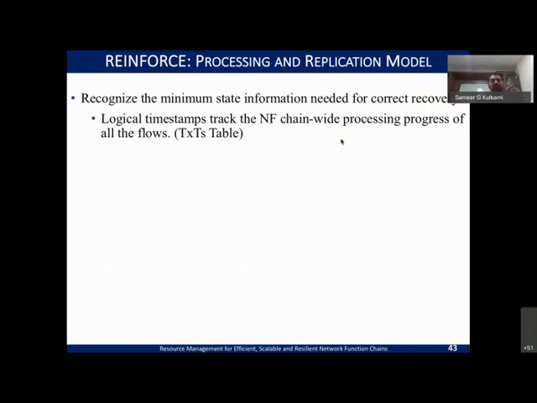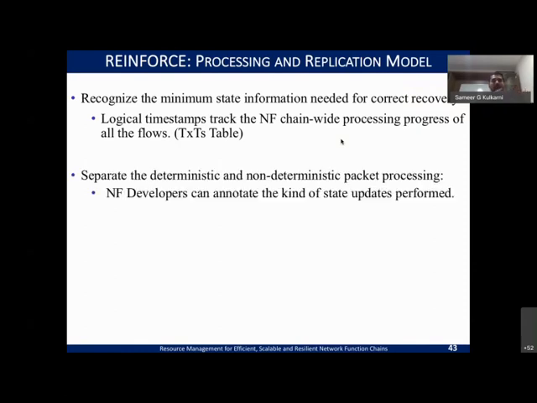So the main intuition for us when we looked at the earlier works is that timestamping the packets allows you to sufficiently determine the chain-wide processing, because as you timestamp the packets, you know which NF has processed up to which packets in that given flow, right? So if we can keep this information, would it help us determine whether there were deterministic or non-deterministic updates? And if non-deterministic updates, do we really need to know that this information needs to be tagged and updated at the secondary?